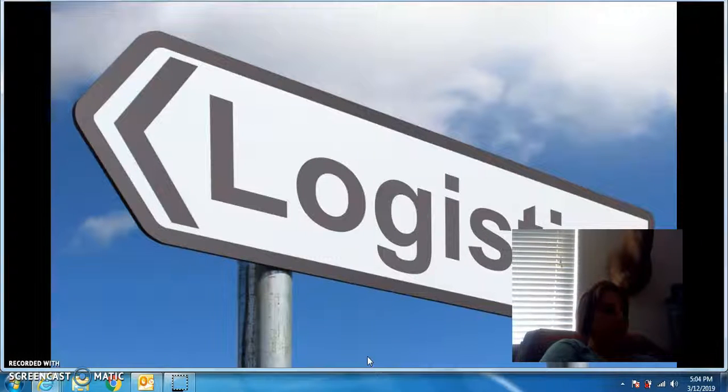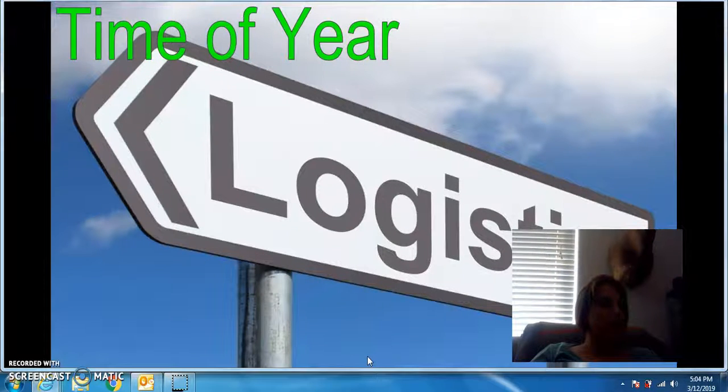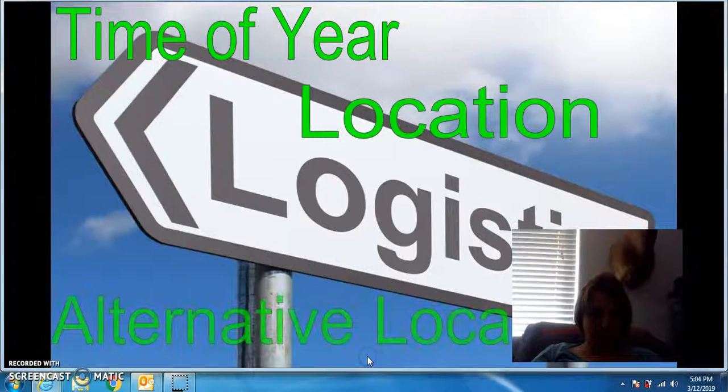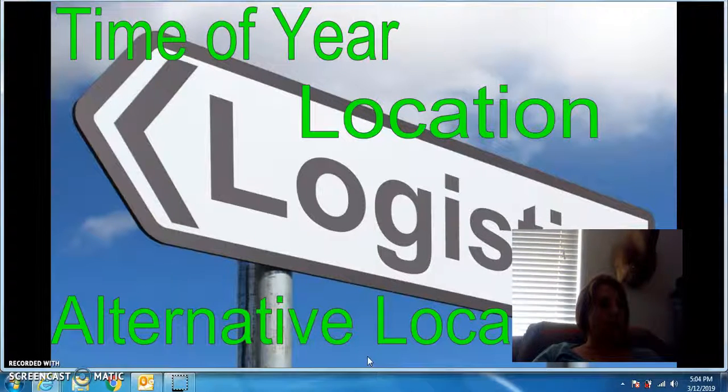Logistics. It is important to select the time of year, location, and alternative location most families should be able to attend. I will want to be able to do some of these activities outside, but if the weather is bad, we will need to have a backup plan. I chose April because it is normally not too hot and rain is not as bad. I have chosen the school gym as my backup plan for the outdoor activities. If weather does not permit us to have them outdoors, we will have them in the gym.